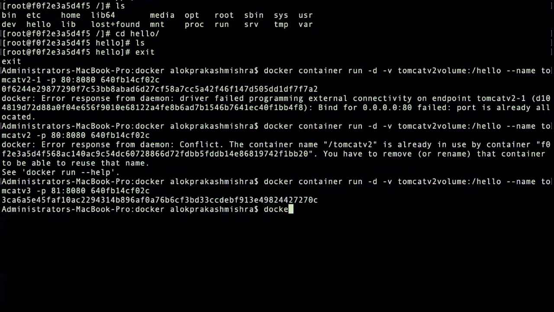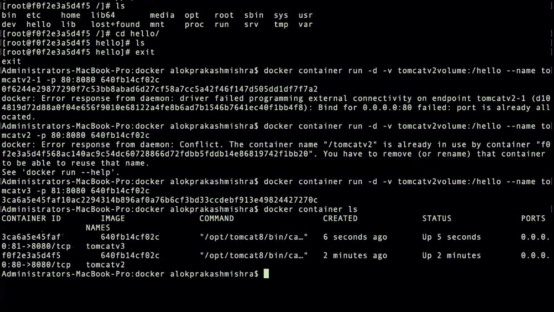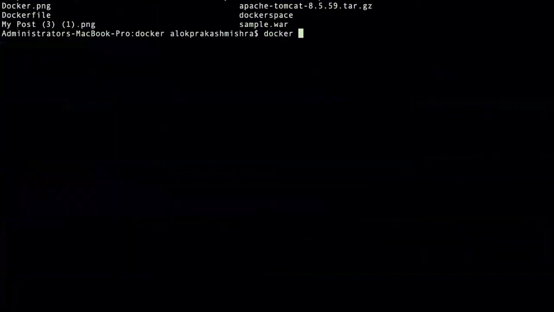Okay, so docker container ls, you have 2 containers that are running, and I was showing how they share their space. So go to docker exec. Let me copy one file into container 1. So what was that command?